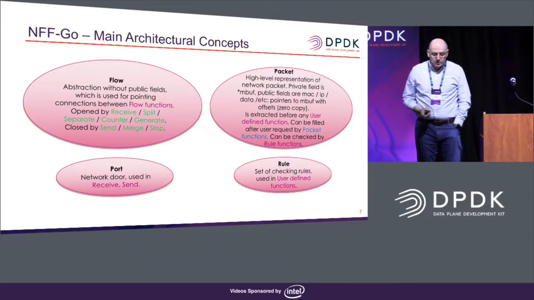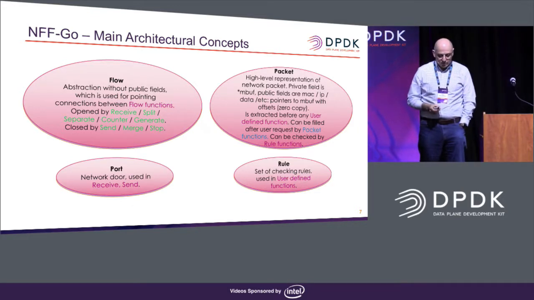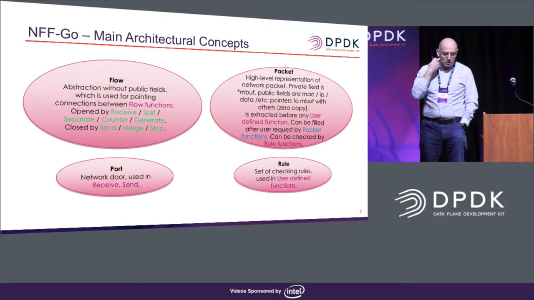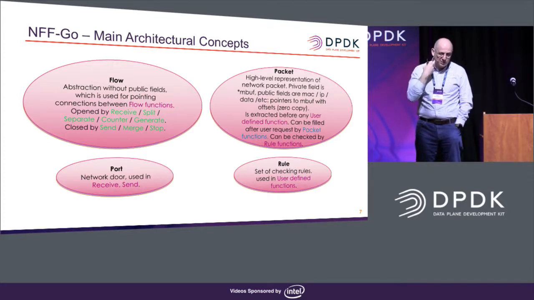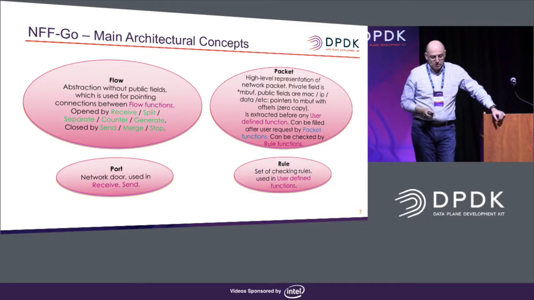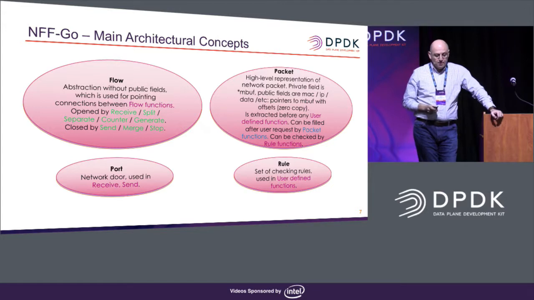So what comprises this framework? There are very few architectural and design concepts that we used. They are pretty much orthogonal to each other, which allows creating a very effective flow graph abstraction. There's a notion of flow, which is an abstract flow. It's not the same as TCP flows, maybe not a very good name, but it completely represents what it does. It's an abstraction that connects a flow function, and you can send, receive, split, I'll show later, merge, swap.